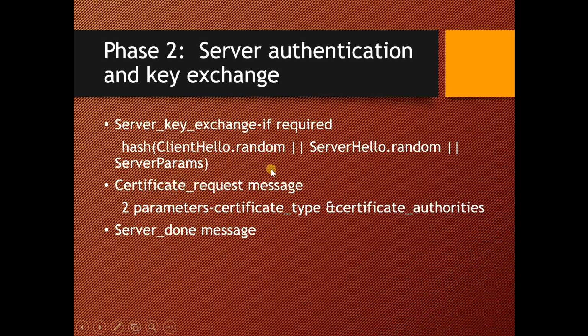So the hash basically covers not only the Diffie-Hellman or the RSA parameters, but also the arbitrary numbers from the initial hello message. That is why you can see we make use of .random. So this will ensure that there is a safety against any replay attacks and any misinterpretation between the client and the server.